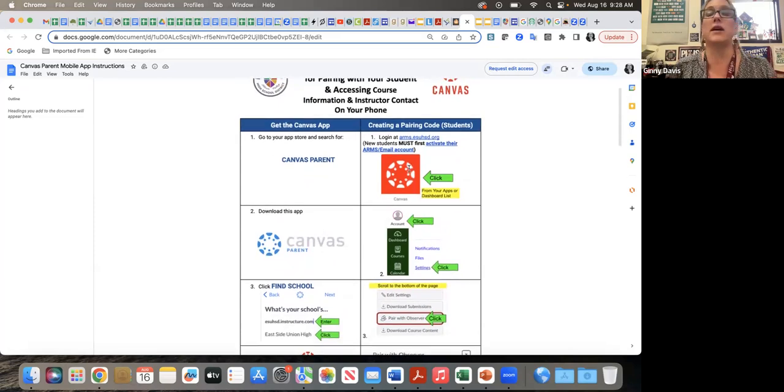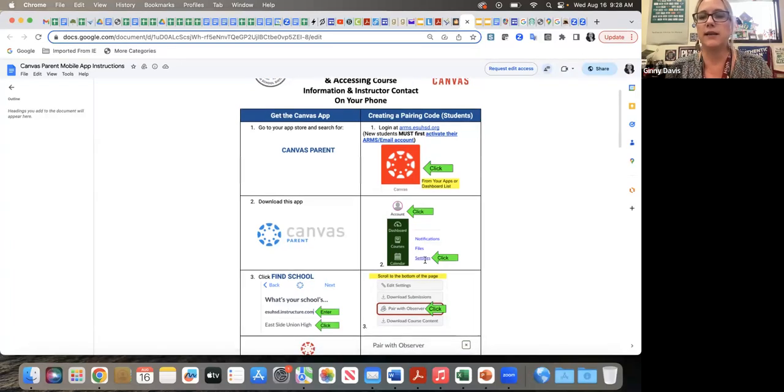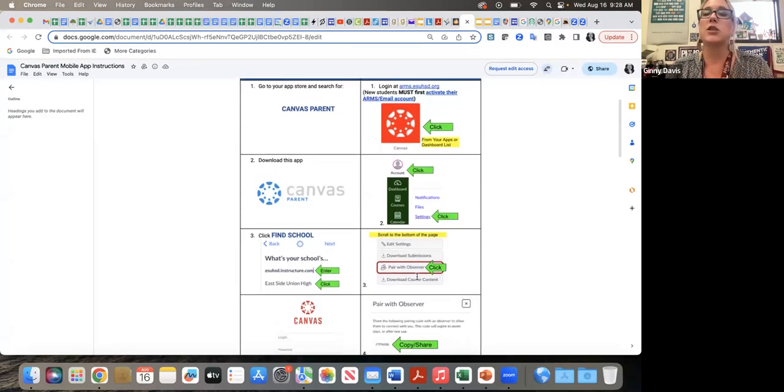All right, sorry, I'm not being able to read the flow of this chart. All right, the right side is what the kids do. Now I'm getting it. Okay, let's do the kids first. They go to Canvas, they go into their account, they click on settings, they click on this box that says pair with observer. And so those of you that had previous kids and now you have a new kid, your new kid has to do this. That's how you're going to get a new link.